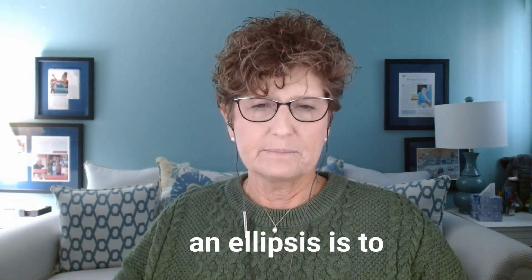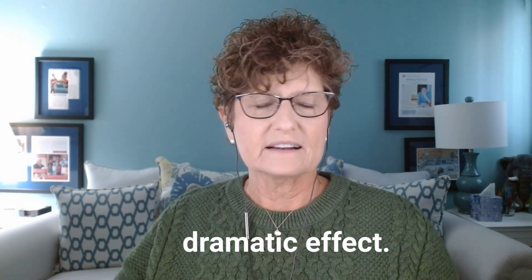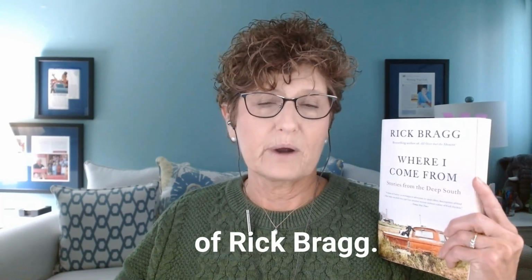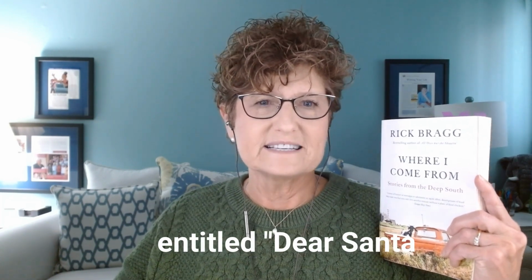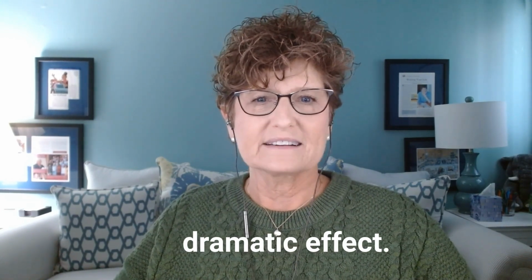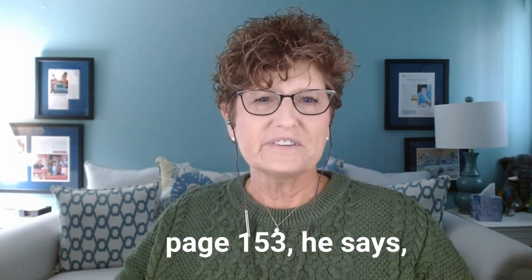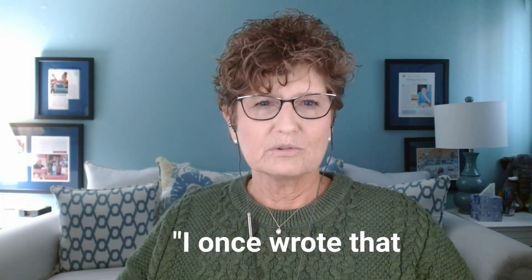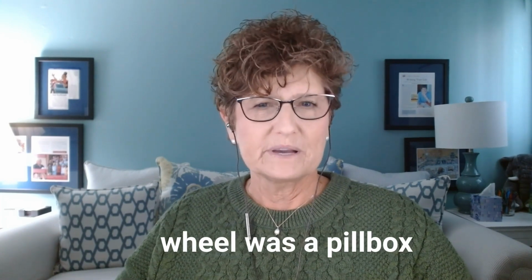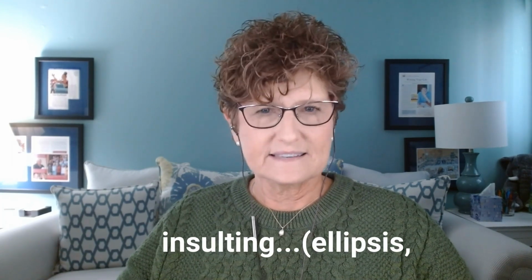Another use for an ellipsis is to show a pause in the text, usually for dramatic effect. The last few months in Life Writers, we've been studying the essays of Rick Bragg. He has one in here entitled Dear Santa, Again, where he uses an ellipsis for dramatic effect. He's writing about his older brother's driving, and on page 153 he says, "I once wrote that all he needed to pass for an old woman behind the wheel was a pillbox hat and pearls, but have since decided that is insulting..."